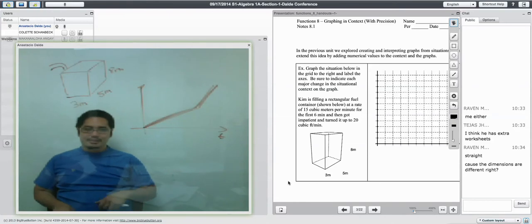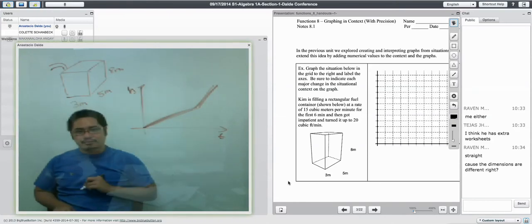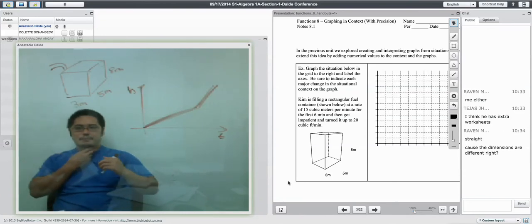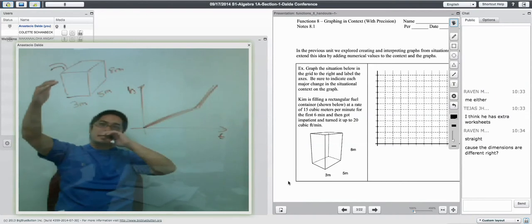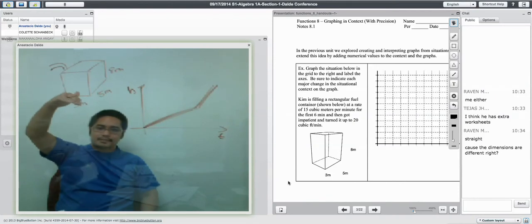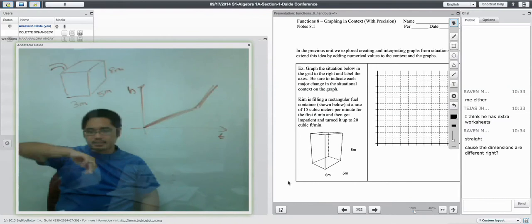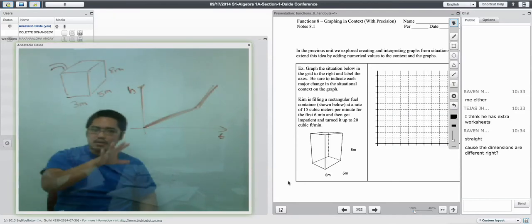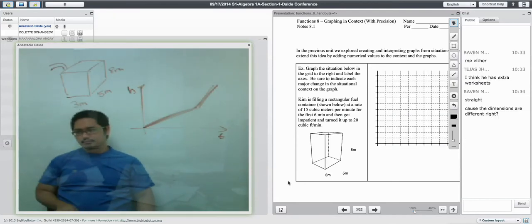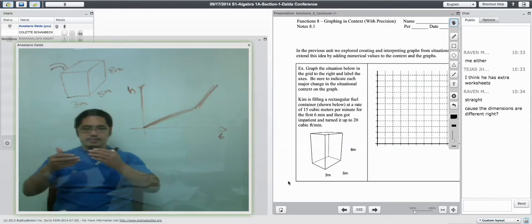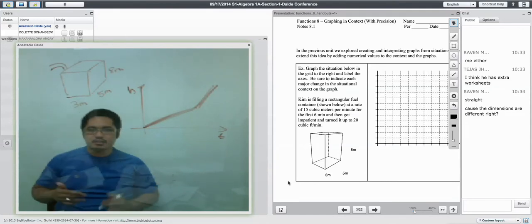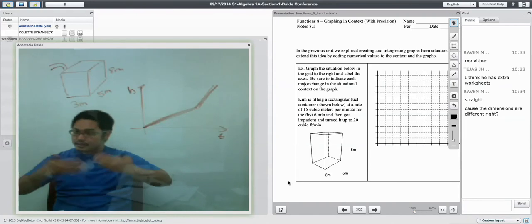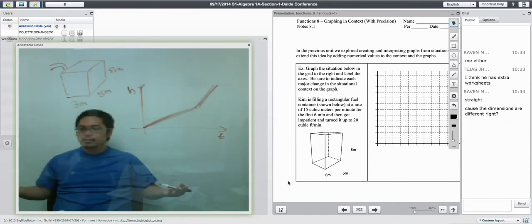Actually, you know what? I think a good variable to measure would be the height. So, at exactly 1 minute, how high is this thing? After 1 minute, how much water did I put in? Well, you read it right there. It says 15 cubic meters per minute. So if you put it in for 1 minute, you put in 15 cubic meters of water, or fuel, or gasoline,